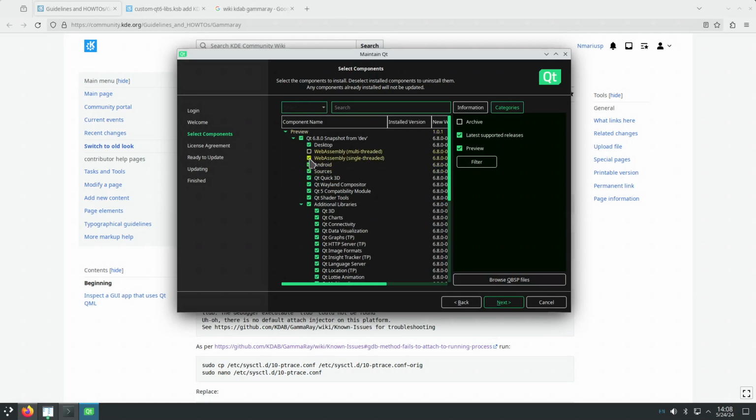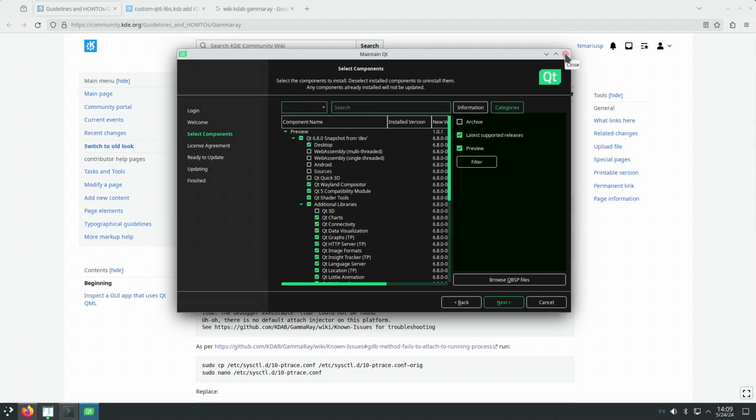So you don't want WebAssembly, Android, Quick 3D sources, debug information, but you want all of the rest. So go next. This will install the Qt from master branch on your machine,